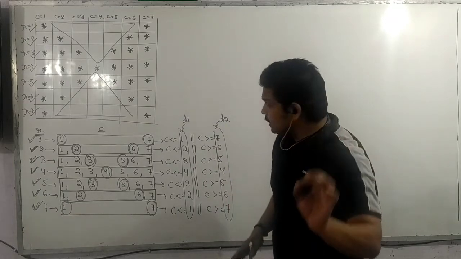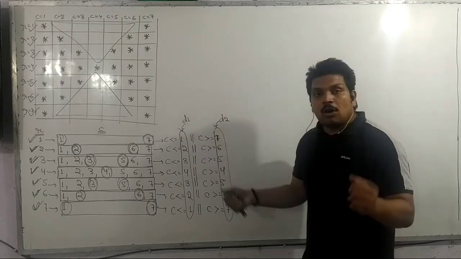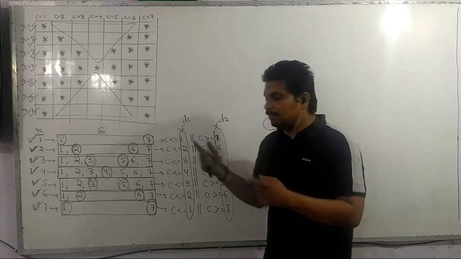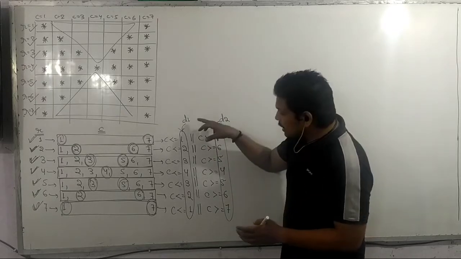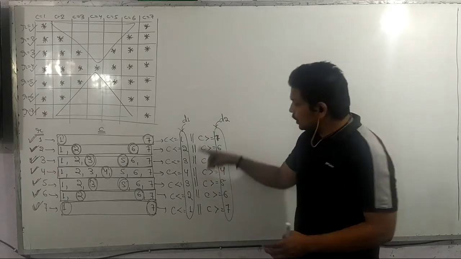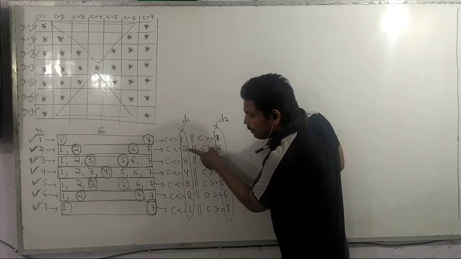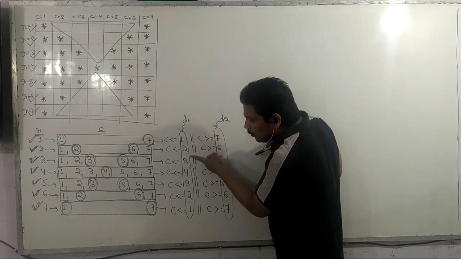The condition is if C is less than or equal to something, logical or C greater than or equal to something, the first something is D1 and the second something is D2. Okay. Now, let us analyze the values of D1. So, it is 1, 2, 3, 4. After 1 it is becoming 2. After 2 it is becoming 3. I mean it is increasing by 1.